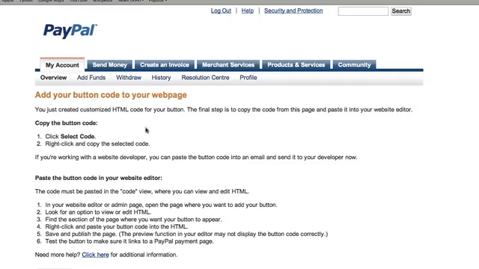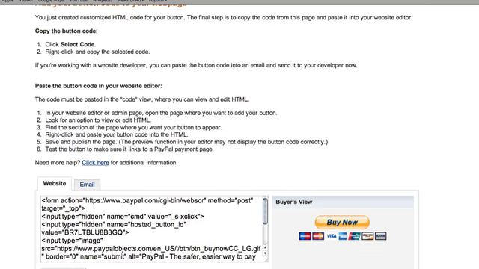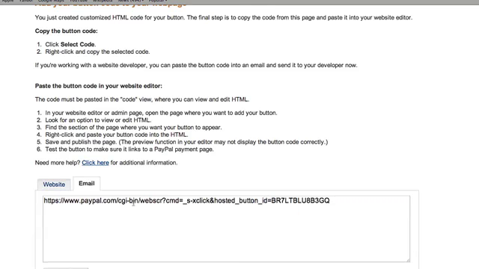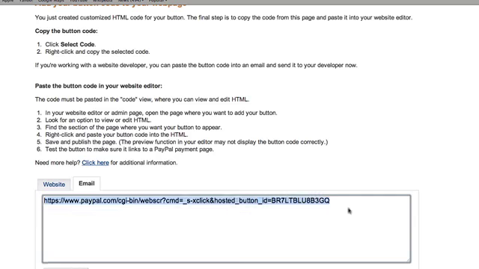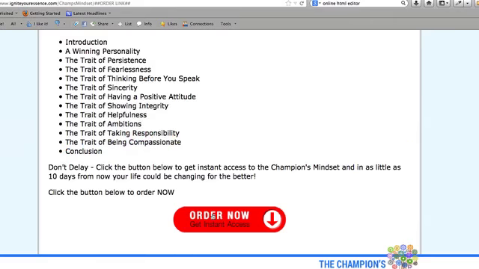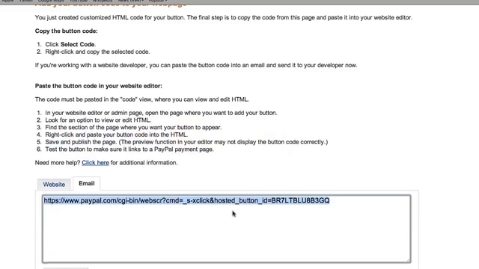And here's the thing you want to be careful of. It gives you a website link. This is something you can embed on the form itself, and it will look like this. What I'm going to suggest you do is grab the email code. Here is a piece of HTML that you can paste in replacement of that red button. So if I copy that, and if you remember over here, this red button right now, when I click it, it goes nowhere. We want to grab that code that I just copied. I want to paste it into that HTML page so that when people do click the red button, it actually gets them to the checkout of the PayPal